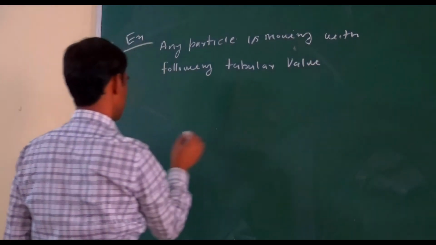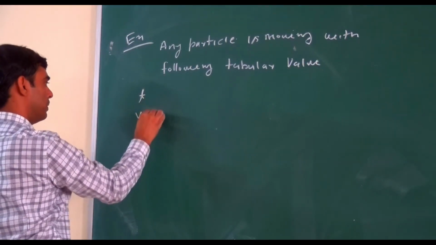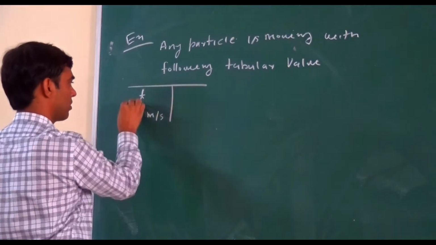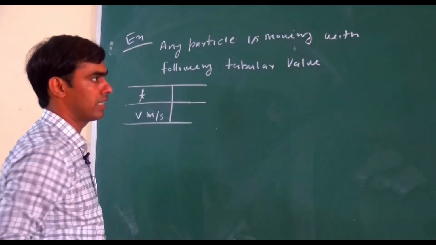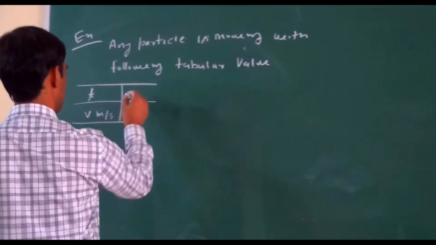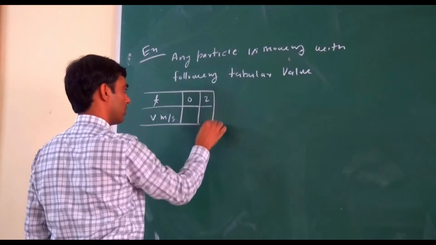So what are the values? Here we write t in seconds and v in meters per second. These are the values we noted down. For t, the values are in intervals of 2: 0, 2,